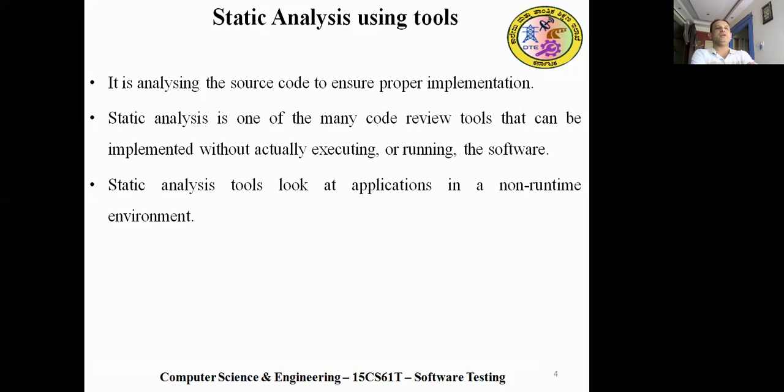We check whether the source code is properly implemented or not. Basically, static analysis is reviewing the code, but we use tools. Without executing, we analyze it using the tool.